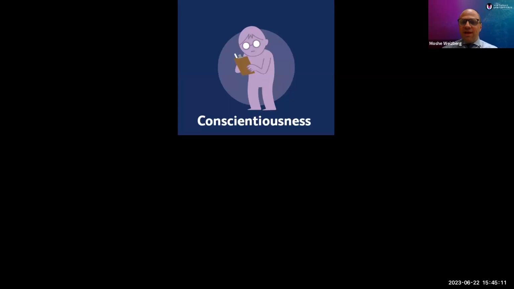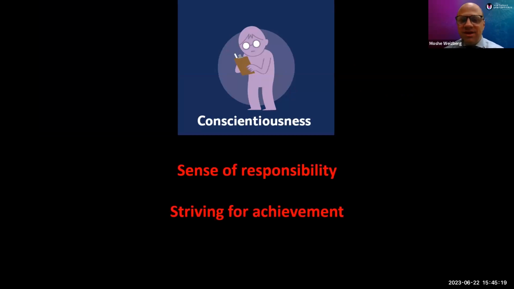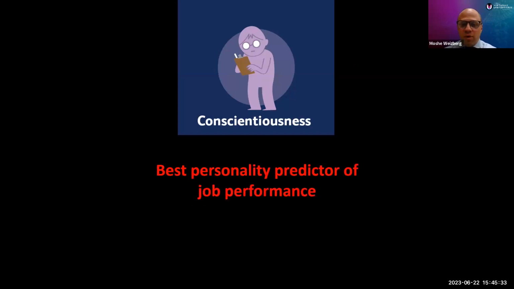Personality trait number 2 is conscientiousness. This also is associated with improved performance. And this means how much does that resident feel like they are responsible about things? How well do they want to succeed? How much do they want to excel? Because employees who have a high level of conscientiousness have better job performance. Of the 5 personality traits, this is the one that actually is the most predictive of job performance. So if you can find the resident who is very conscientious, you know they're going to do well in their